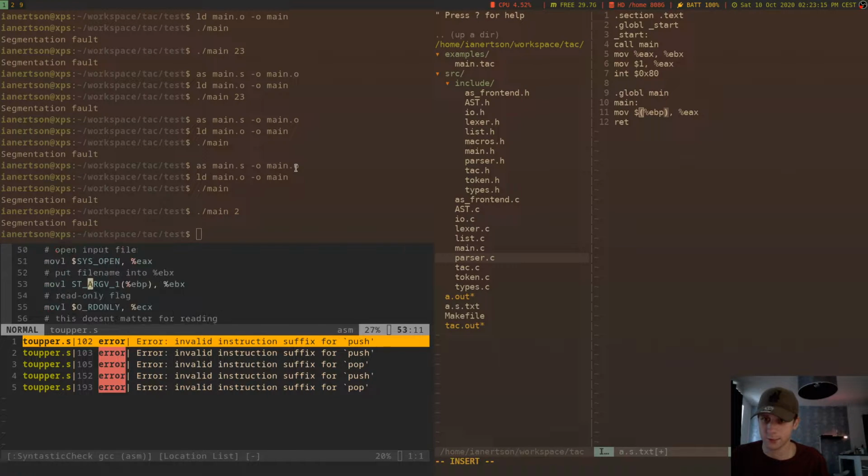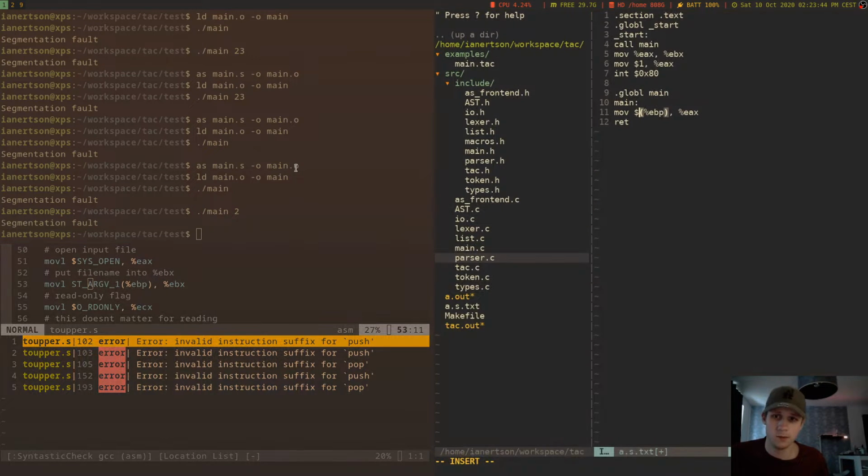These are just some notes that I have. EBX, put file name into EBX. So what's actually happening here when we're doing EBP? Put file name into EBX, EBP. So we shouldn't need to do